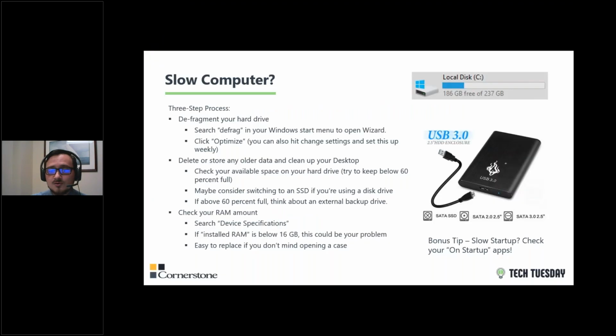If your computer is running slow as well, you might want to check the local disk total data storage. If it's mostly full or in the red, then you might just want to get an external hard drive, and load things onto that. It's as simple as using a USB drive, and you just plug one end into the drive here,